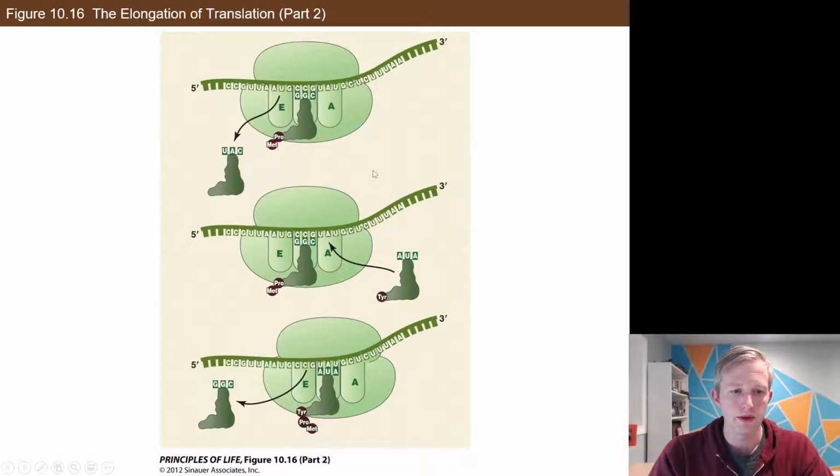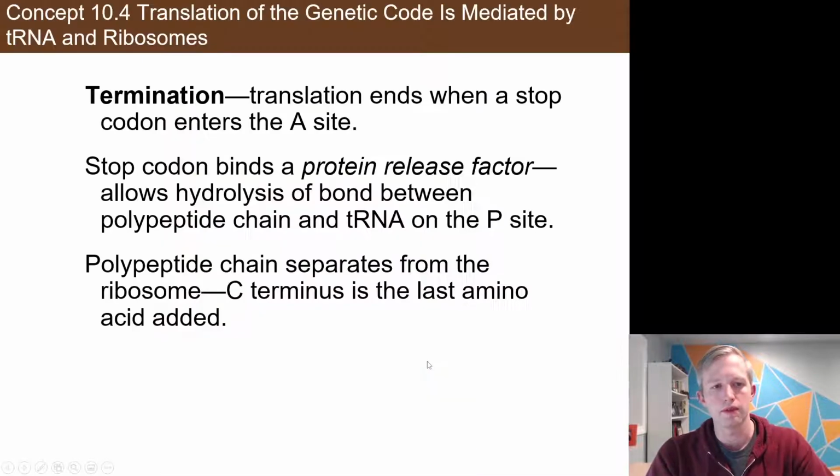And then we would get our next one coming in, which has tyrosine. The proline and methionine are going to be handed off to that. The second amino acid-carrying tRNA that has now let go of its amino acid is able to go, and then it just keeps building and building and building from there